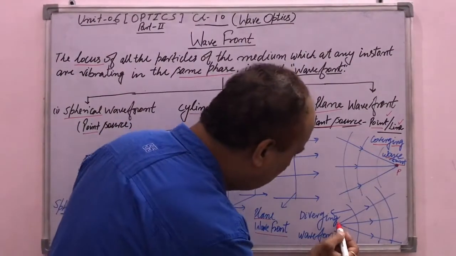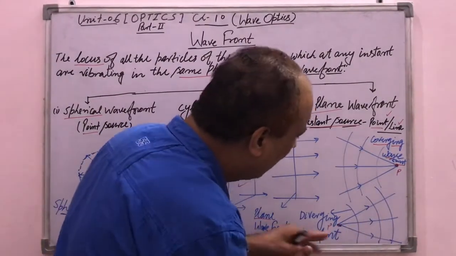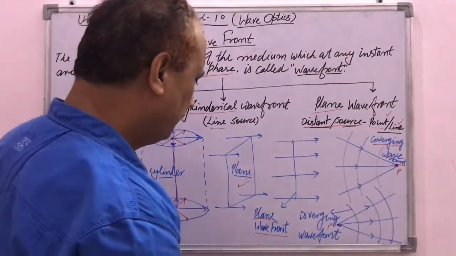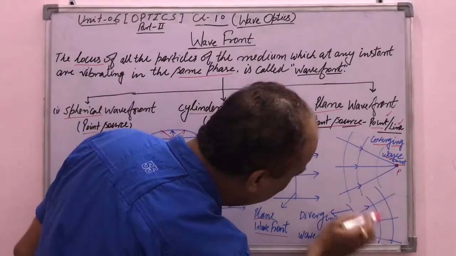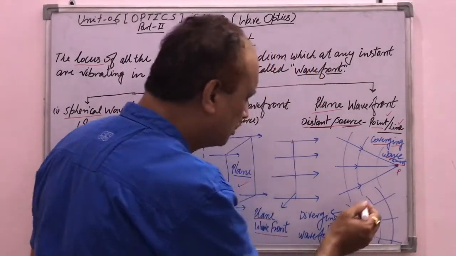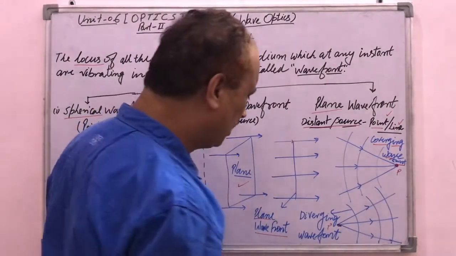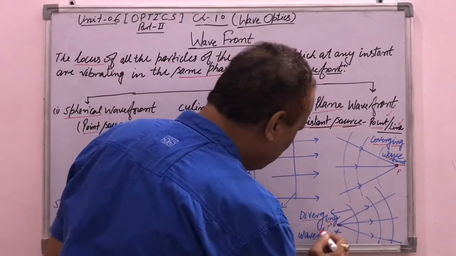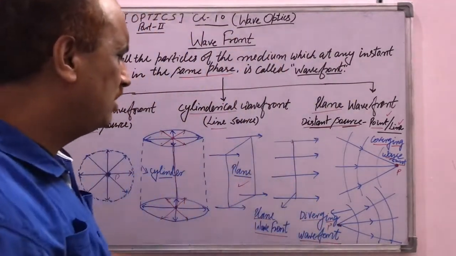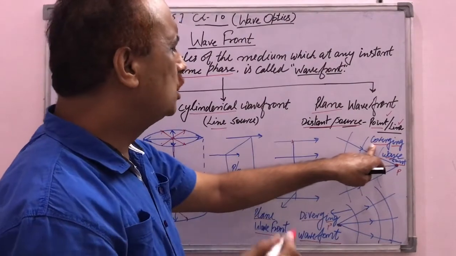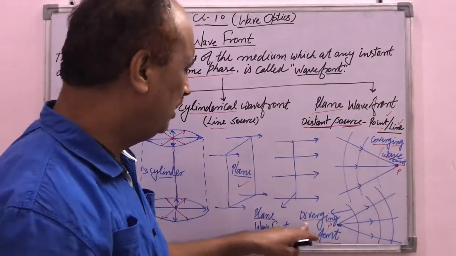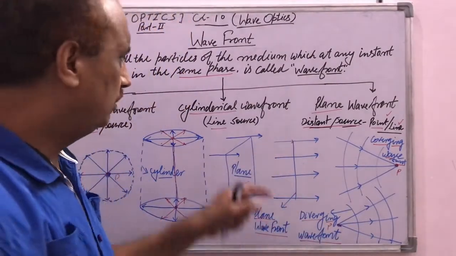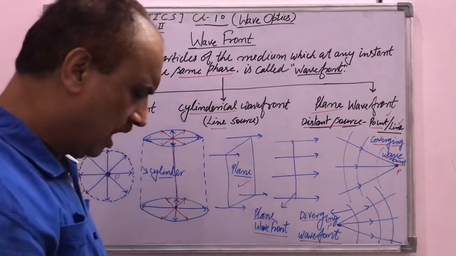Next, if there is a point P and the rays are diverging, the rays are sent out away from the source. In that condition, again we draw these curved lines, and these curved lines are also part of the spherical wavefront, because the rays are diverging. So we can say it is a diverging wavefront. In the first case it is a spherical converging wavefront, and here it is a spherical diverging wavefront. So this is the skill work that will be asked in the examination.